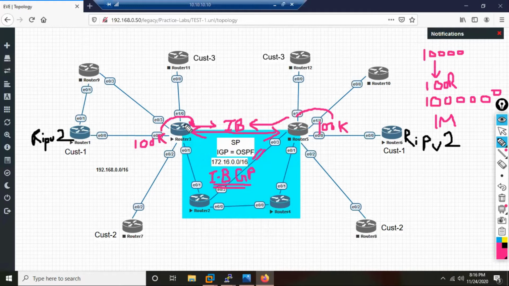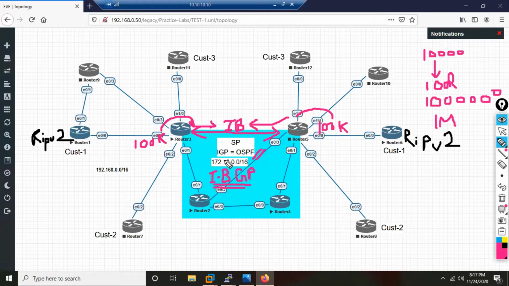Okay, but now suppose the traffic comes from the customer. When the routes have been exchanged, from where? Directly from R3 to R5. So which routers carry the routes of the customer? Only R3 and R5 know about the customer routes, right? What about R2 and R4? R2 and R4 don't have any customer route, because they are just normal routers, just running OSPF.